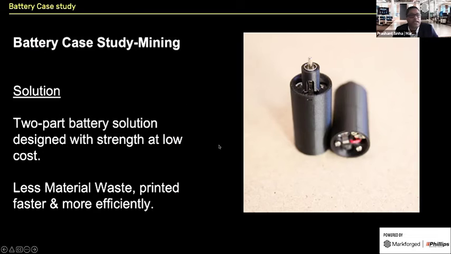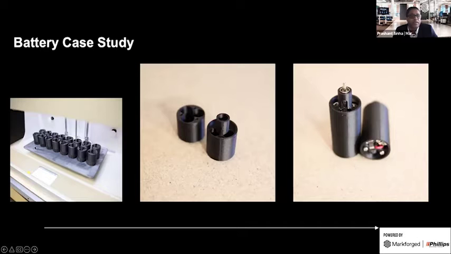The next is the battery case study, for which the customer cannot be named. The project is about downhole surveying equipment, which needed power, and a battery was the only solution. Suppliers could not deliver the previous installation with other engineering materials like ABS. This is where Markforged came into the picture, with composite high strength parts. There was no standard solution for a better replacement. So they printed a series of the batteries and then installed them for the application.